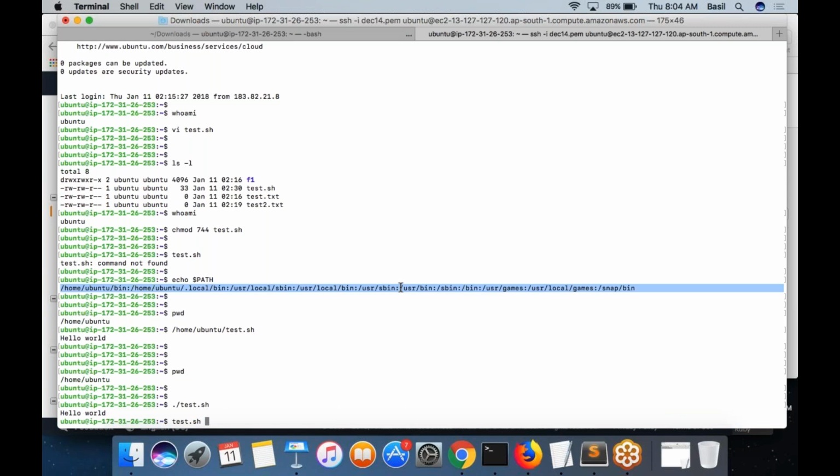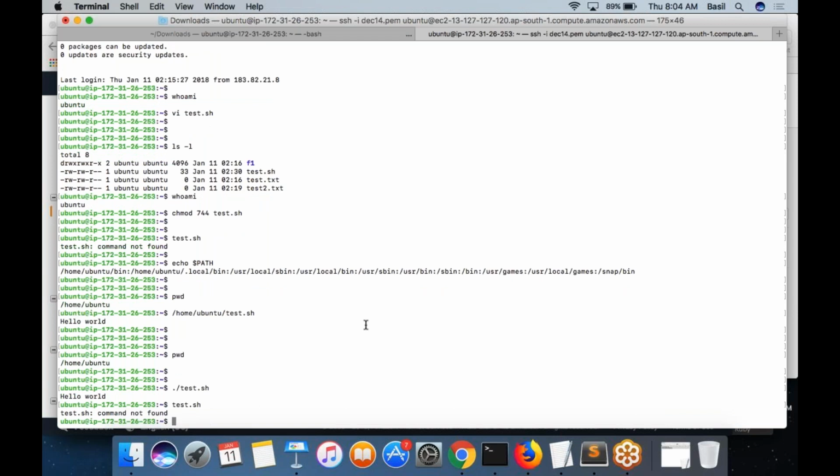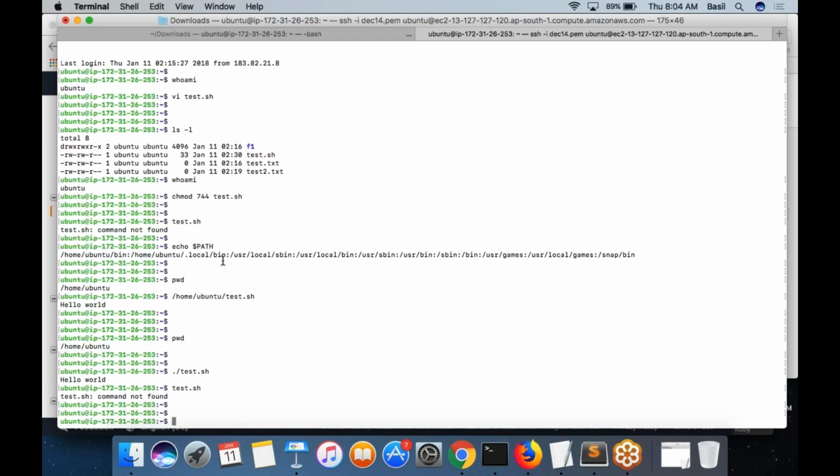That will work. Then when I execute test.sh, my shell will search throughout these folders, finally locate test.sh, then execute it. Or I can change the path variable itself.